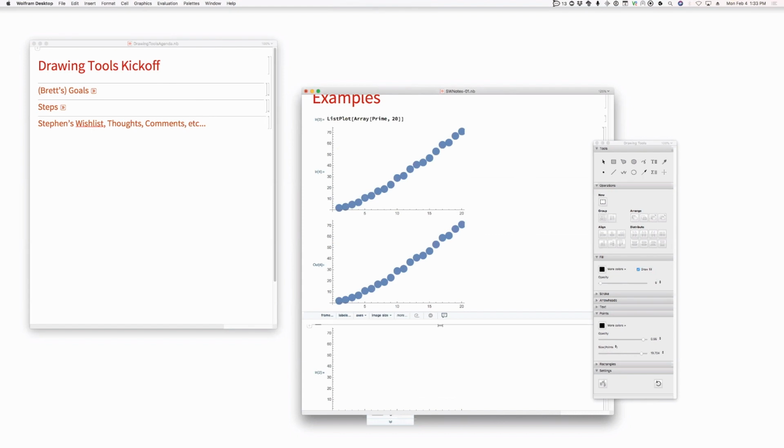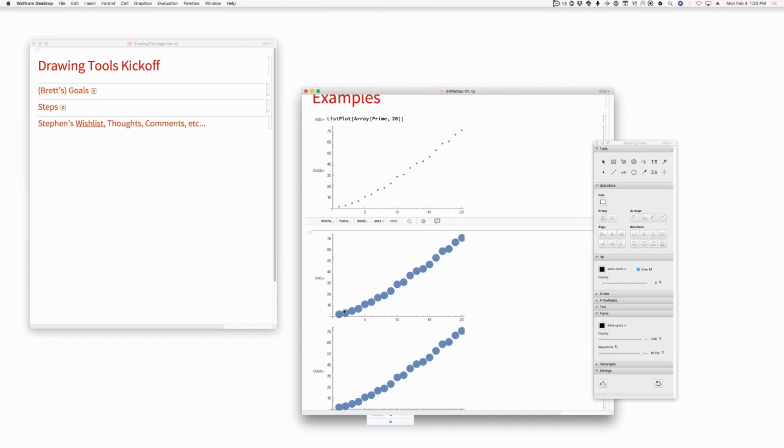Okay, so the question here is, now I've done this, I want to regenerate my list plot, and of course it's going to go away. Right? You'll still have the modified version. Yeah, I understand. But this is the question of how much of the modification do you want to keep? I mean, it's the same thing if I were to have